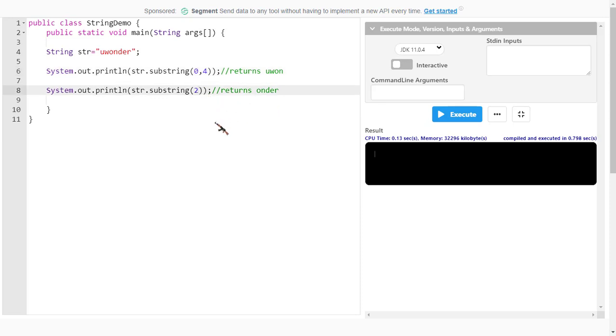Here I want to extract the part of the string from the second index to the end of the string. I know only the initial value, so I pass a single number, the initial index, which is 2. It starts extracting from index 2 to the end.